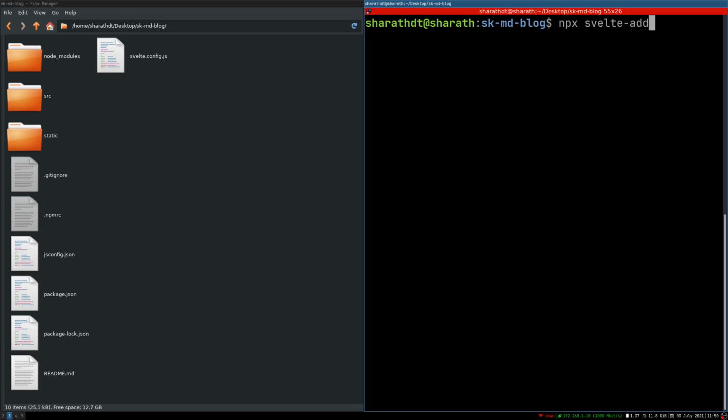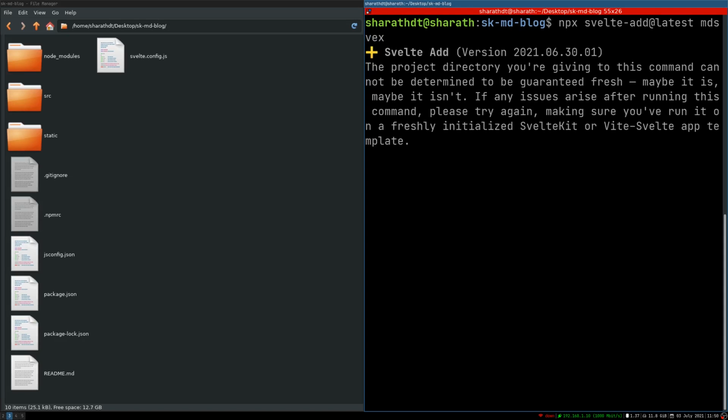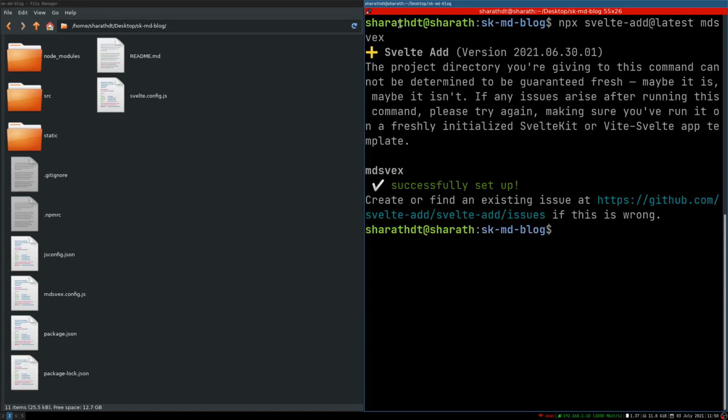So this is a nice little feature at latest. So latest is needed now because there were some issues. In the future you may not need this. mdsvex. Okay. So mdsvex is this nice thing which does all the setup for us, but we'll still have to install the